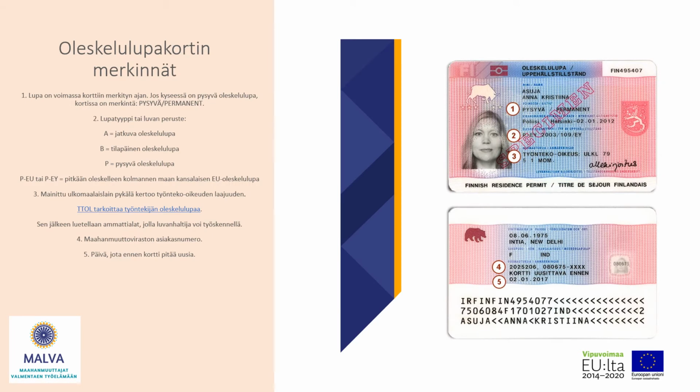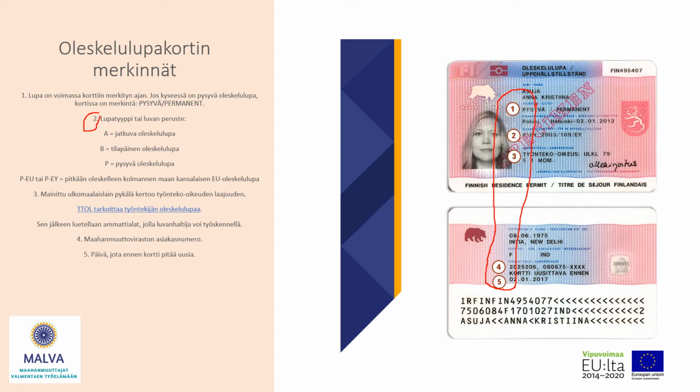So here is the image of a residence permit card. It is a sample image, and you can see here that this image has indicated various types of information. So what does this information actually mean? Point 1 means the period of validity of the residence permit, and then point 2